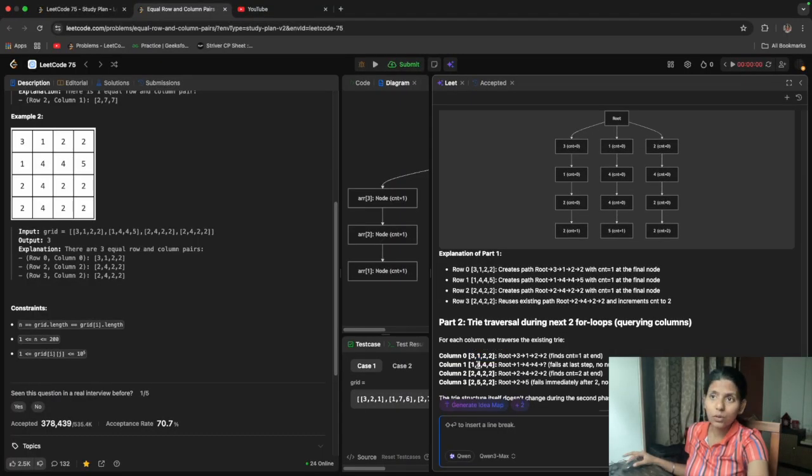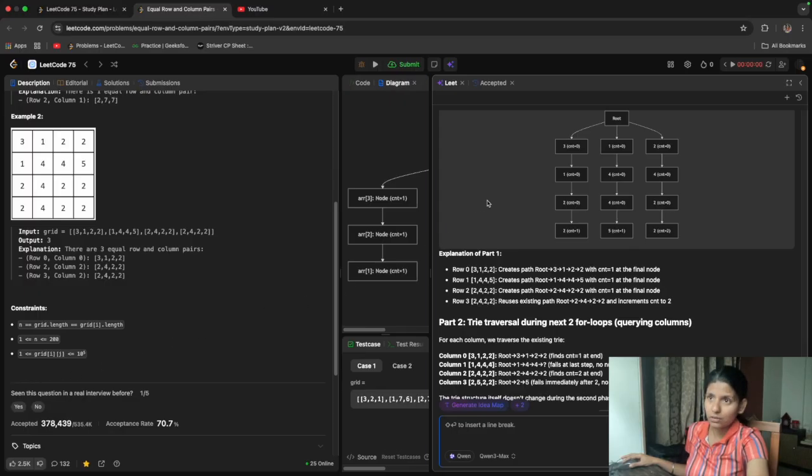When we go 3 1 2 2, for 3 1 2 2 we already have this, so we'll add this count to our answer, that will be 1. Then we'll go to 1 4 4 and 4, but here we don't have any 4, so we'll not add anything.